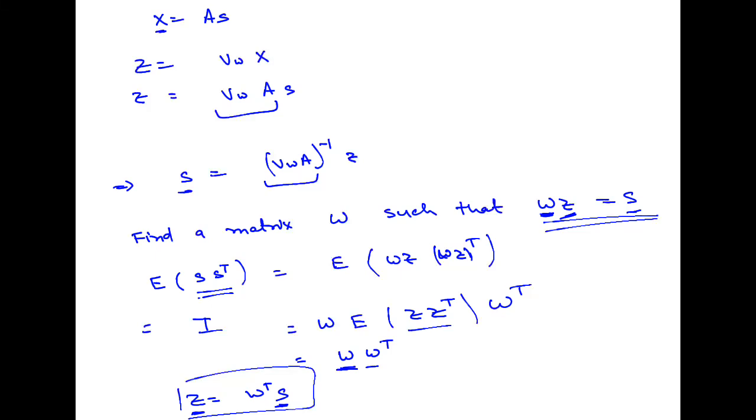So all we need to do now is define a measure of non-Gaussianity, and there are several measures that people have used. We are going to use a measure called kurtosis in the class, and then just optimize. Find a W such that the non-Gaussianity of W times Z is maximized. And this gives me the ICA. And then you can use other measures also. So we'll stop here, continue next time.